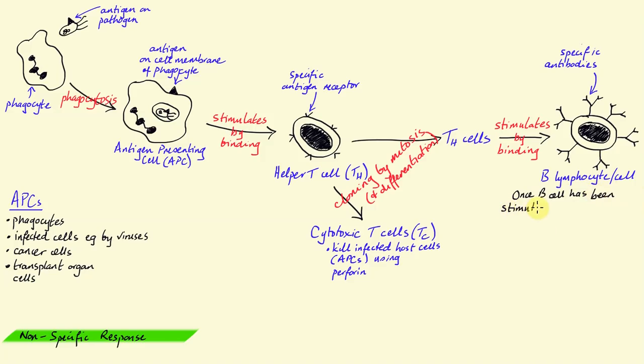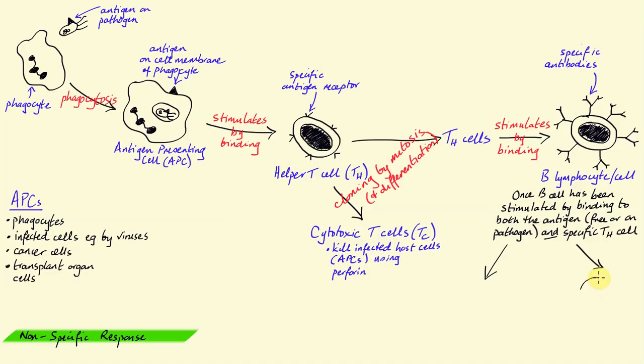The antigen can either be on the pathogen or it could be free. The antigen is free in the example of a bacterial toxin. The toxin acts as an antigen. And that binding brings about the cloning of the B cell into either memory B cells, as I'm drawing here,